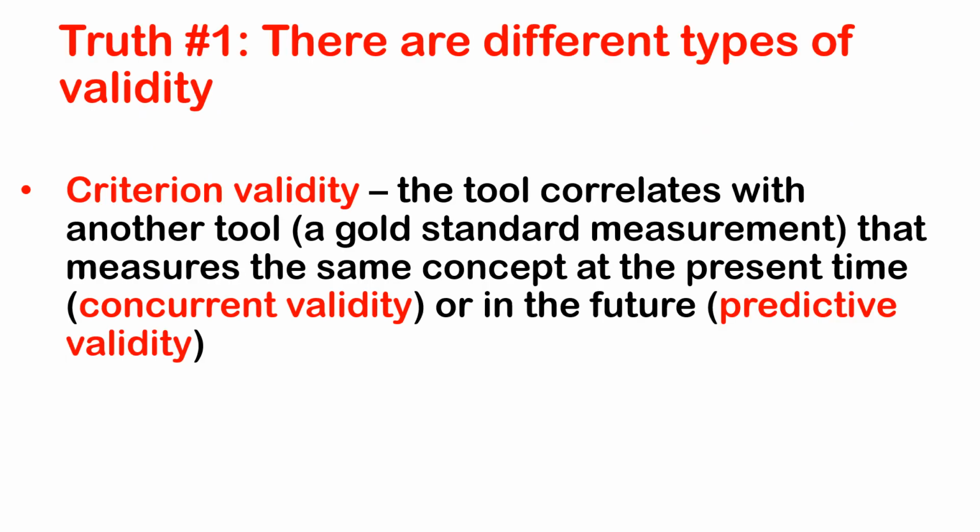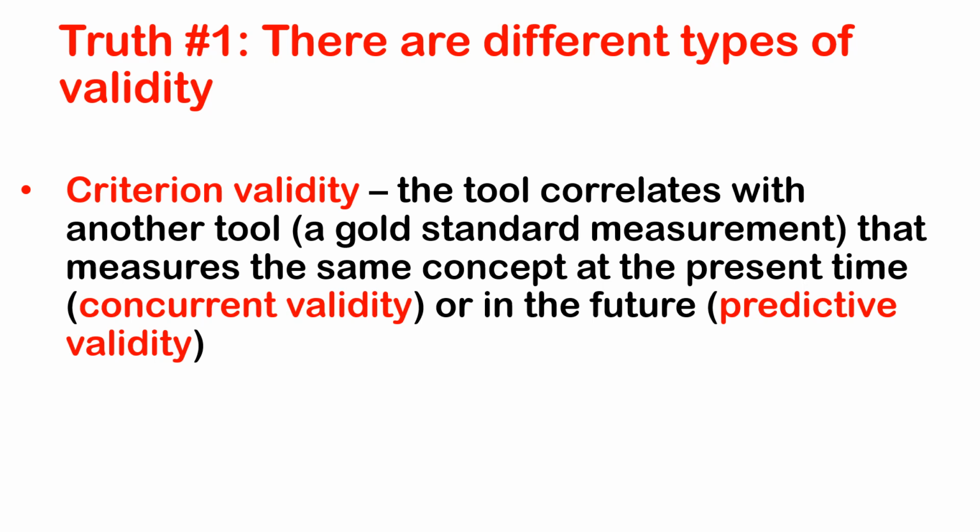The second type of validity is criterion validity, which means that the tool correlates with another tool, which is a gold standard measurement. That means that it is the best possible measurement. It has been proven to be valid. And this gold standard measurement measures the same concept at the present time for concurrent validity or in the future